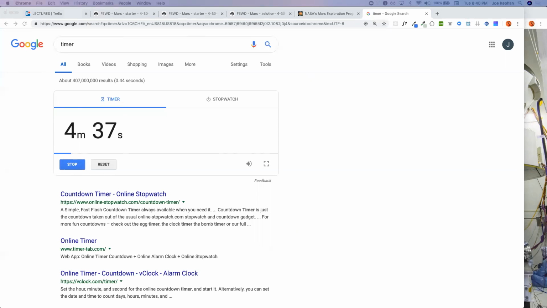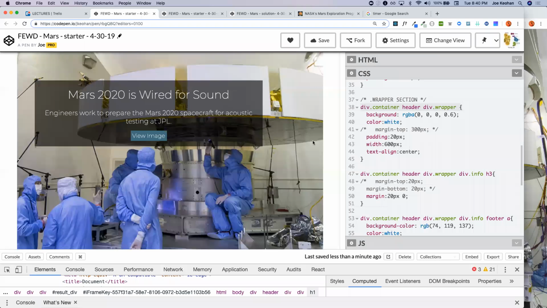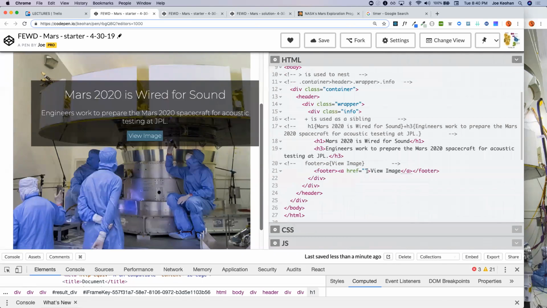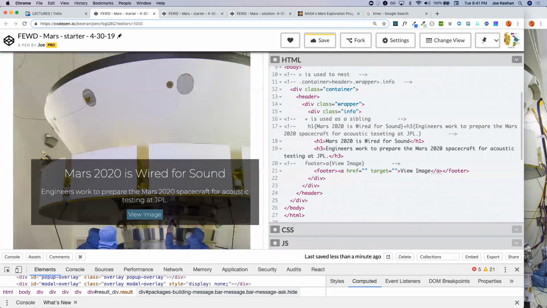One of the values that we saw inside of the attributes, target. What is that? Target is for when you want to, let me just go into it. Here's our anchor. And we didn't have the target here, right? I use the target to tell it to open up a new browser window. If I don't do anything here and I click on this anchor tag, it would refresh this page and take me someplace else. So with the target, I can trigger it to say, open up a new tab and take me there. So if I took maybe this Mars site,